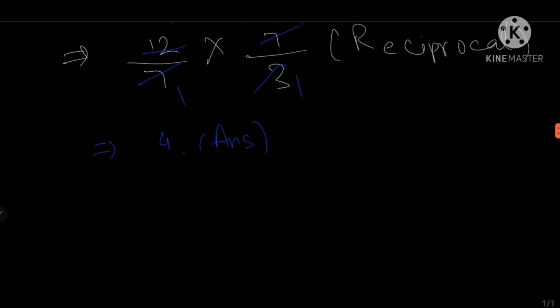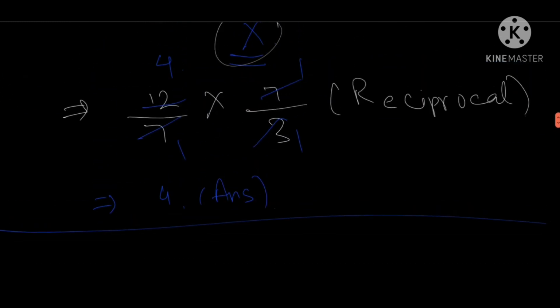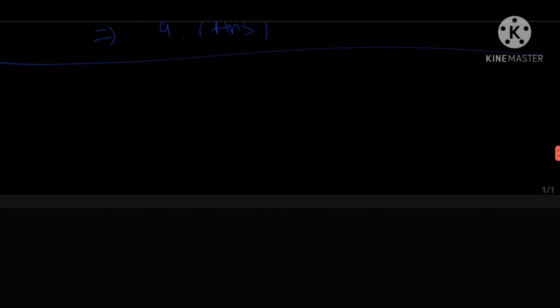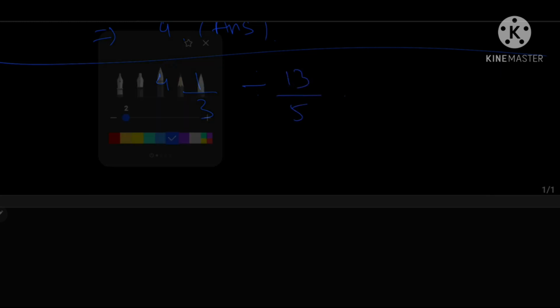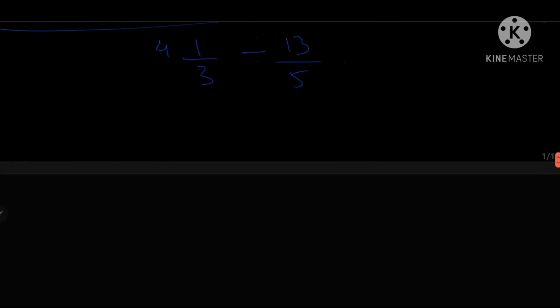Now I would like to request you all to do one sum along with me to clear your concepts out. It says, okay, just 1 minute. So we'll complete some out here only. It says 4 1 by 3 divided by 13 by 5. This is a sum given to you. You all may pause the video and you all can do the sum and then come back and look at the sum.